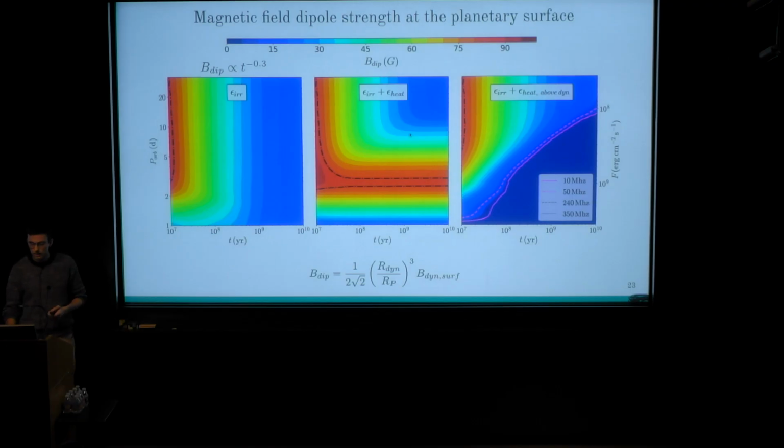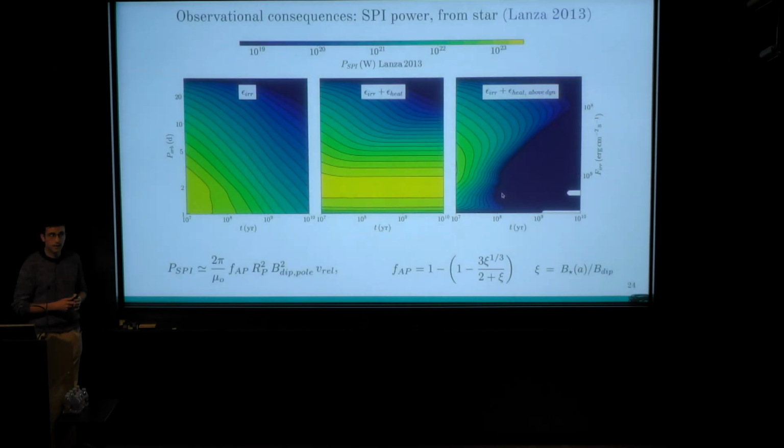And these would be the observable numbers that you would calculate your radio estimates with. Yeah, and finally, for the observational people, we thought it would be nice to give estimates for the available star-planet interaction